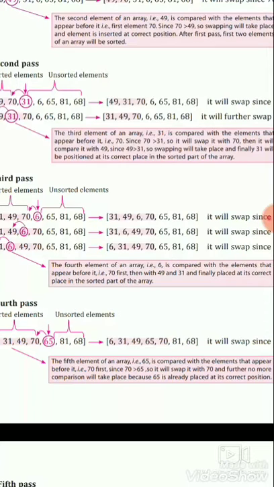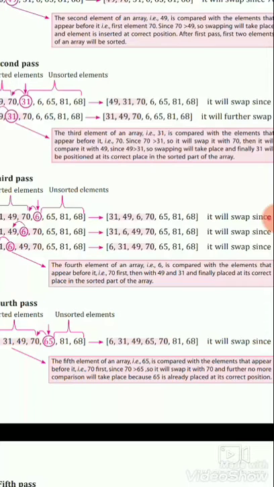In the third pass, the fourth element of this array, 6, is compared with the elements that appear before it, that is 70 first, then 49 and 31, and is finally placed at its correct place in the sorted part of the array.